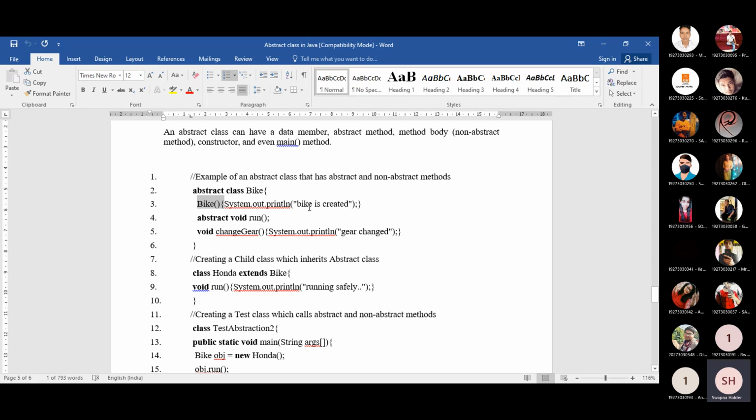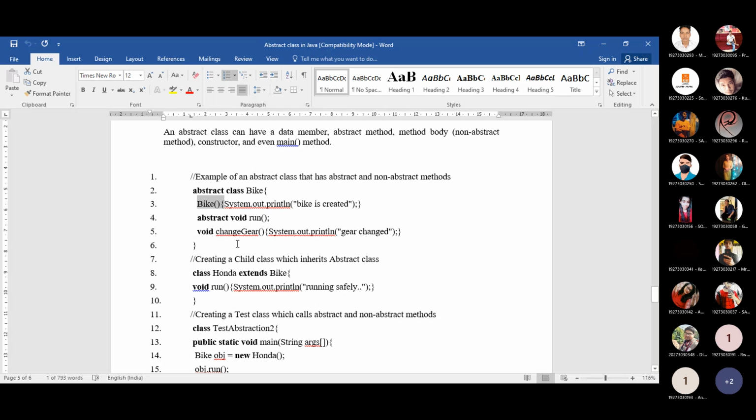So inside the abstract class Bike, we define one constructor, and within it we show one print statement, that is, Bike is created. After that, we declare one abstract method, that is run. Since it is an abstract method, there is no body for it.